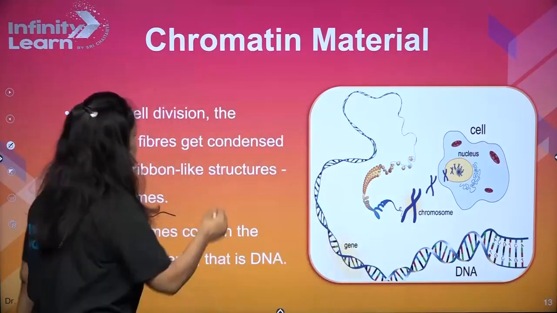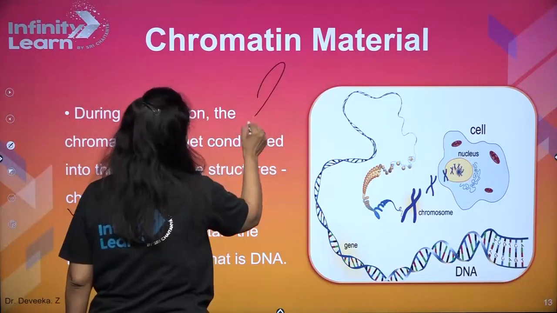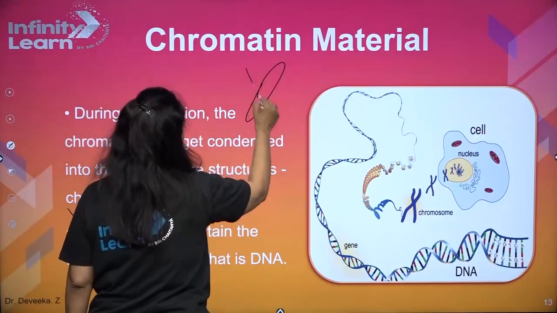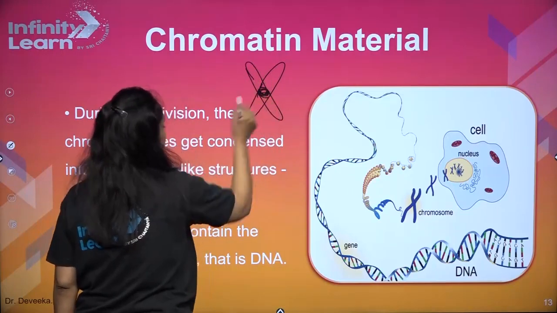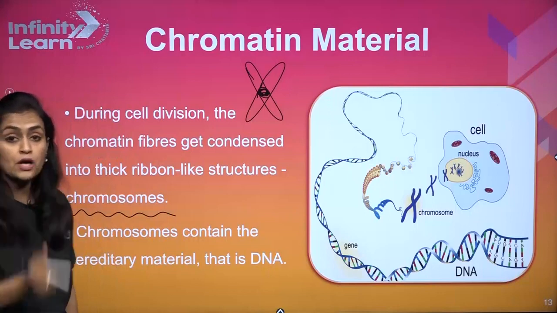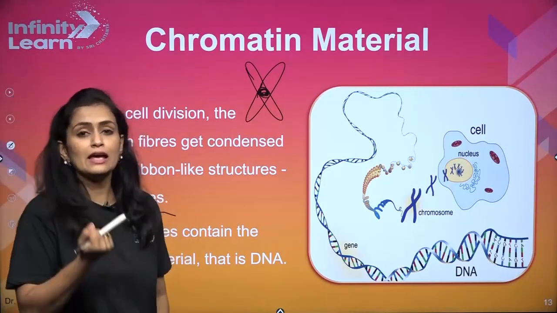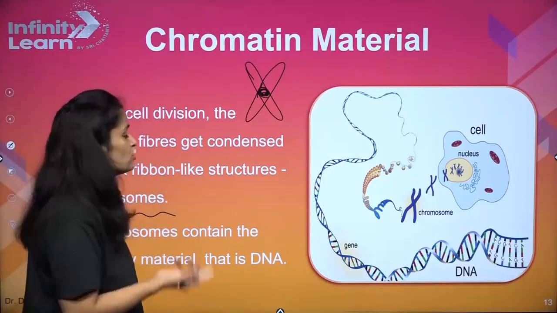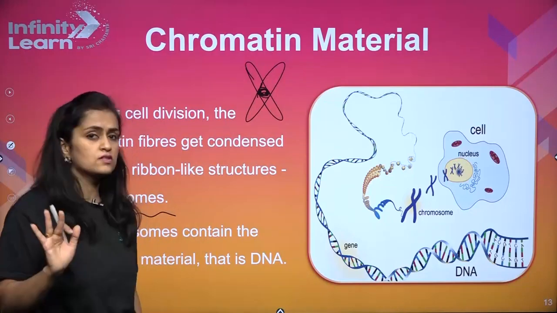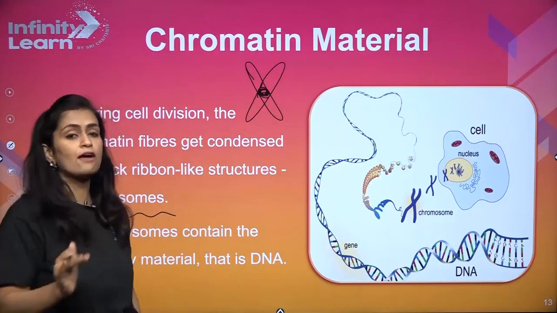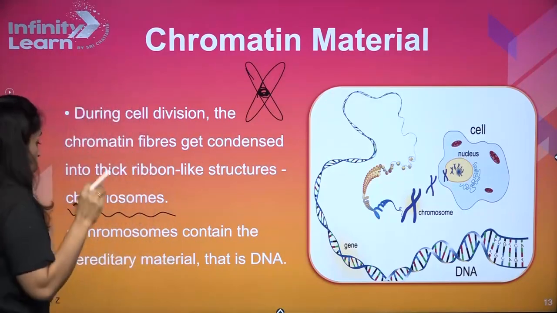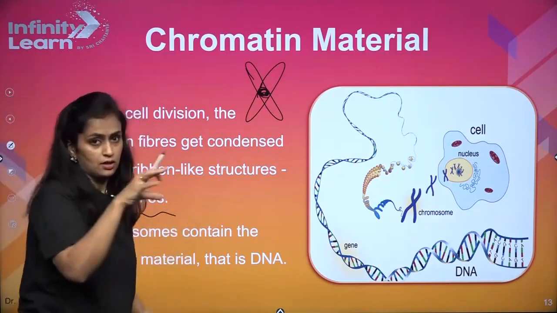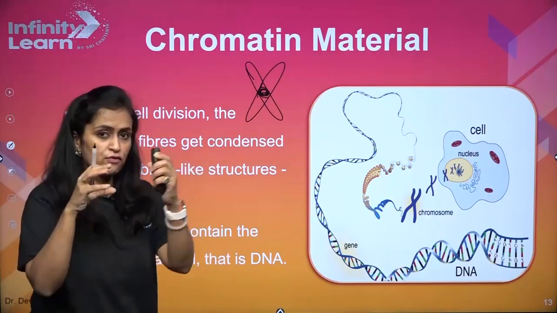Now, what is a chromosome? Chromosomes are usually appearing in X shapes, right? A ribbon-like structure, and the number of chromosomes is fixed in every species. Okay, so like in humans, we have 46, so it will be 46 only. It is not that you will have 43 and I'll have 46, right? We all will have 46. So, what does a chromosome have? Understood now? It is made up of chromatin.